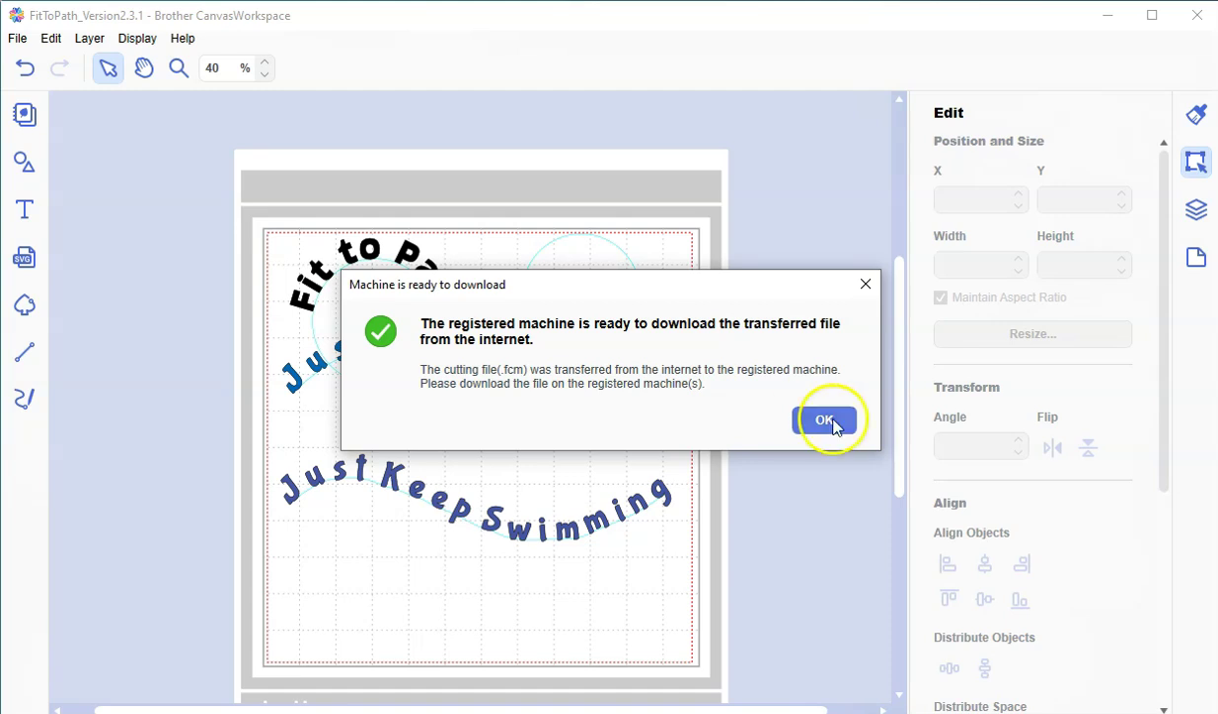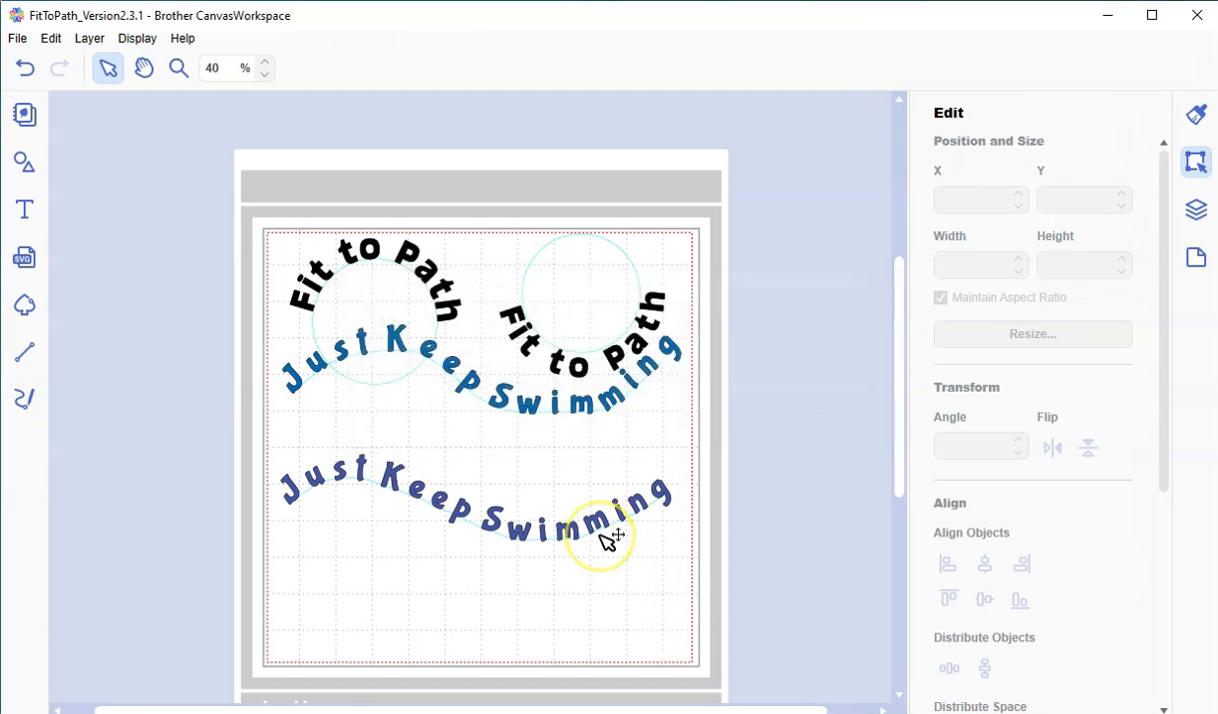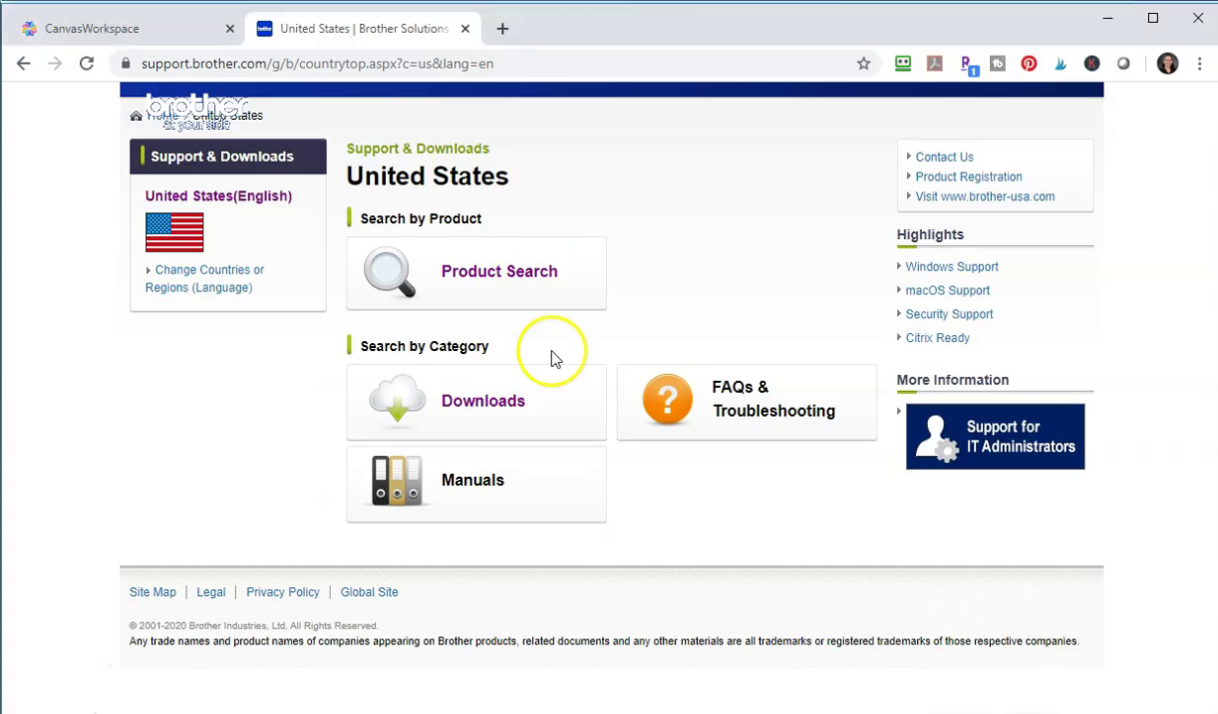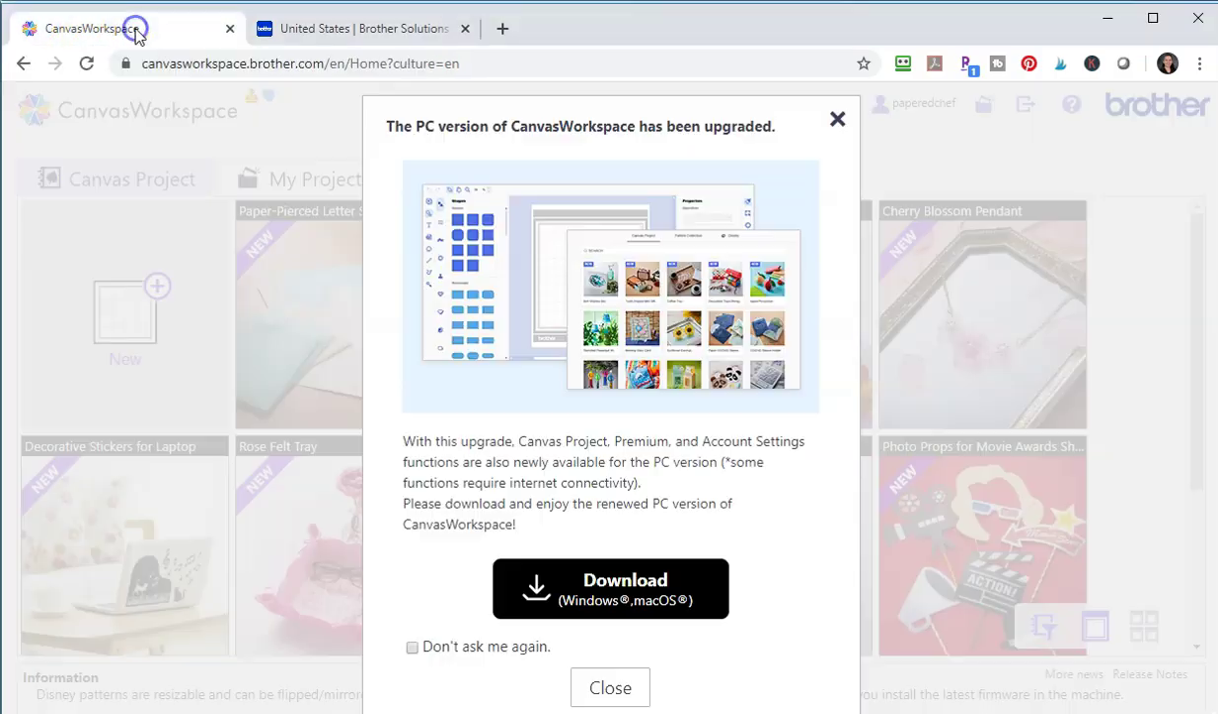Okay, so let's say OK and go to the web now. This was an installed version. I'm using Windows PC, Windows 10. Okay, so that's what I'm using. And I'm going to use Google Chrome. And I want to show you something. If you were to log into the web-based version of Canvas Workspace by going to